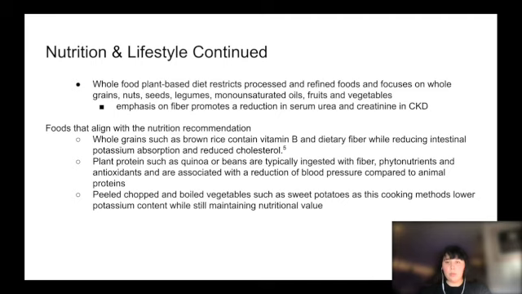Another one is quinoa or beans, which is a plant-based protein, which are typically ingested with fiber, phytonutrients, and antioxidants, and are associated with a reduction of blood pressure compared to animal proteins. Peeled, chopped and boiled vegetables such as sweet potatoes can lower potassium content while still maintaining nutritional value due to the